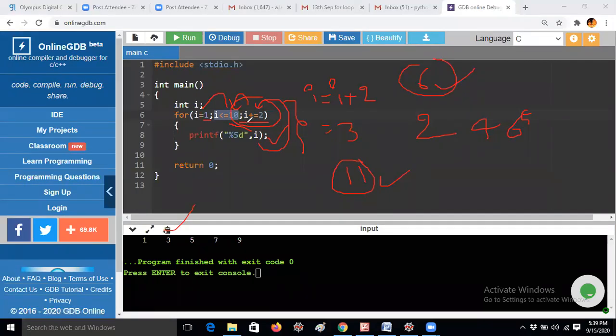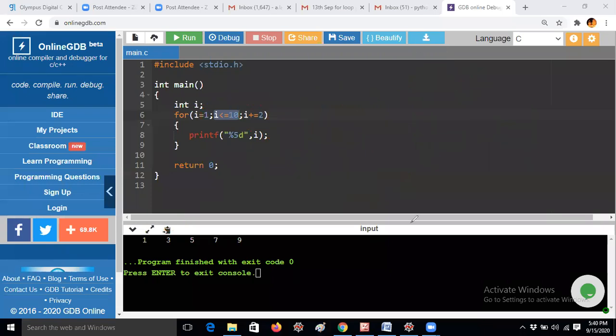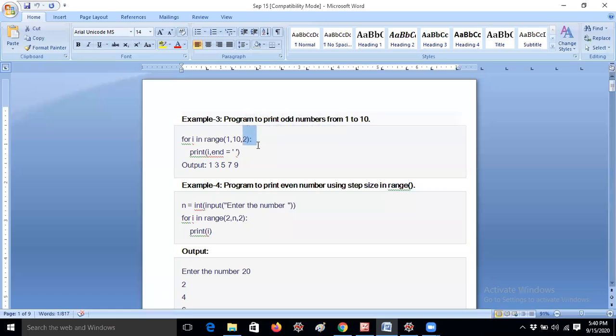So whenever you write i plus equal to 2, it means i equals i plus 2. In the same way, in Python we have the concept of step size. By using comma 2, it will skip: 1 plus 2, like that. That means for 1 to 10 comma 2, the first number will be added with 2. Otherwise you can think of it as skipping one character and printing another character, that is also fine. So 1, after that 2 will be skipped, 3 will be printed. That is nothing but a step size. That's the reason 1 3 5 7 9 will be the output for these 2 lines of program.